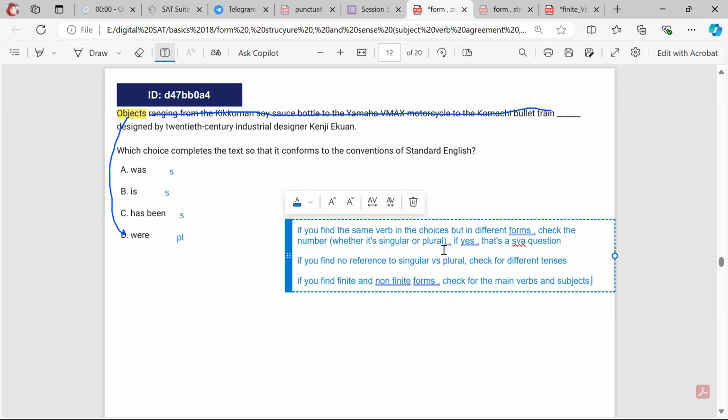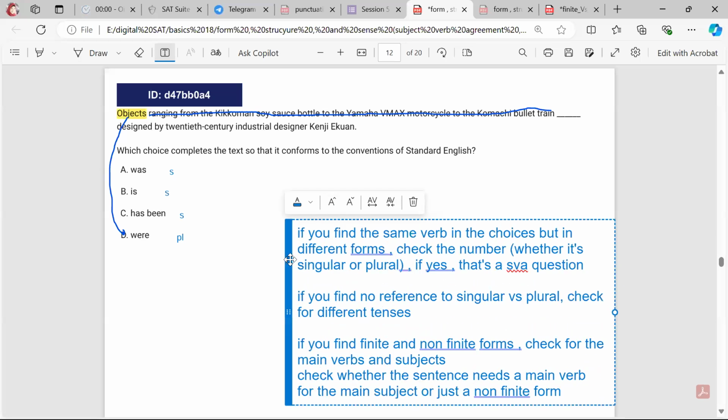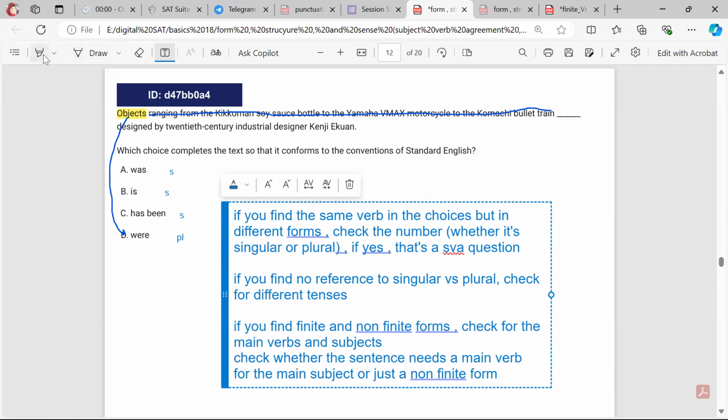And check whether the sentence needs a main verb for the main subject or just a non-finite form, okay? So the first thing you need to think of, the easiest one, is singular and plural,